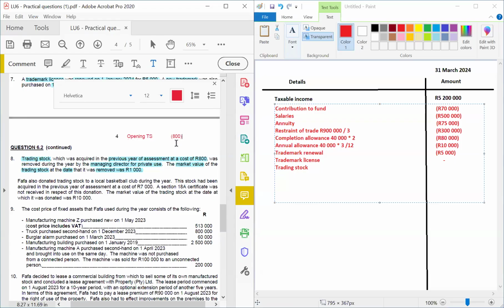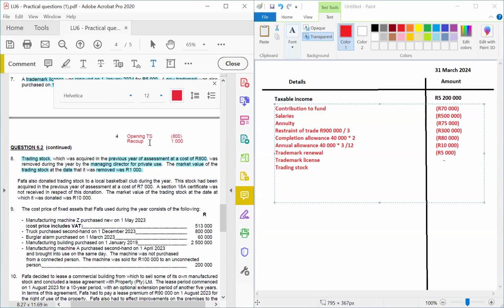Just an example. Now, if this thing was deducted as trading stock, and now the manager comes and takes it, it is no longer trading stock. So why would we want to make a deduction? SARS will not allow. You want to claim lower tax, but this thing was not sold in the production of income. It was not sold in the business, rather. Right. So now, what they would do, they would recoup it at market value, right? And now you see they are recouping it at the higher amount.